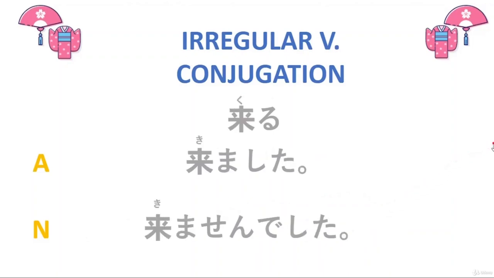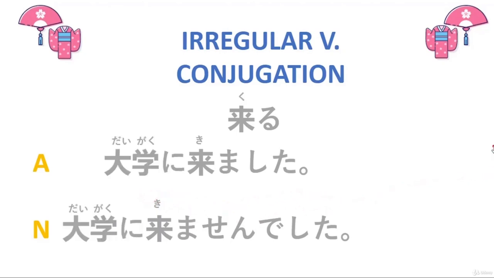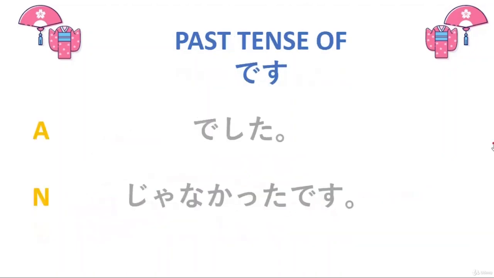Now for kuru, to come, past affirmative would be kimashita. For past negative, it would be kimasen deshita. Nice. Now let's take a look at some examples. Past affirmative. 大学に来ました。I came to the university. Past negative would be 大学に来ませんでした。